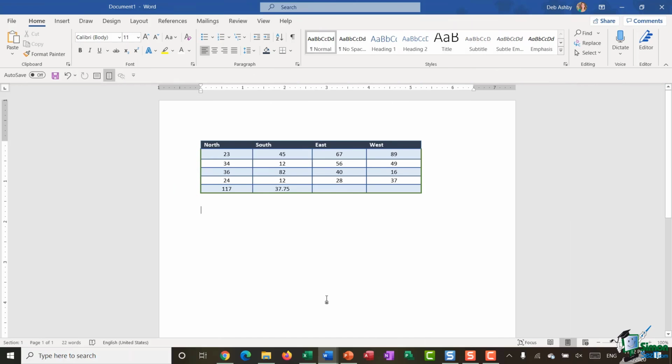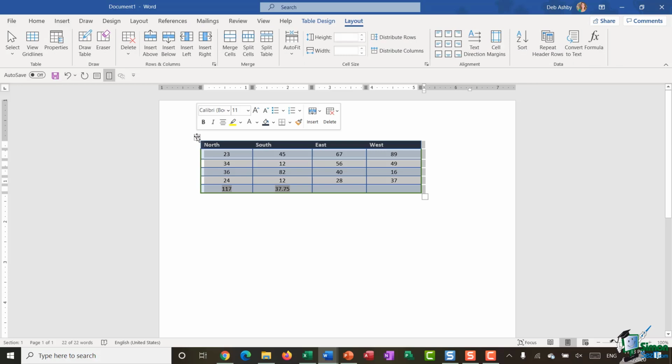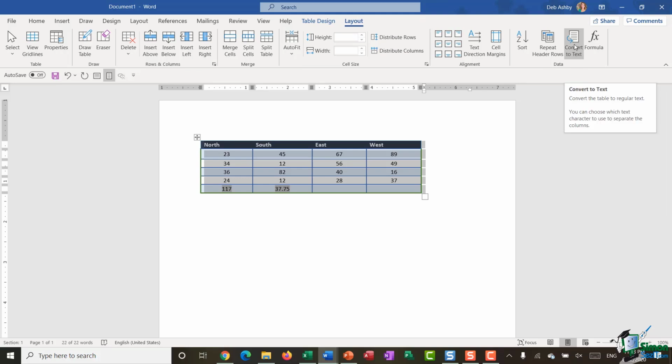Now, another thing that you might find yourself wanting to do is converting tables to regular text. So I might want to remove these numbers and these headings from the table and just have them as regular text on my page. And again, Word has a handy little button that's going to help you to do this. I'm going to select my table. Up on the layout ribbon, in the data group at the end, we have a button that says Convert to